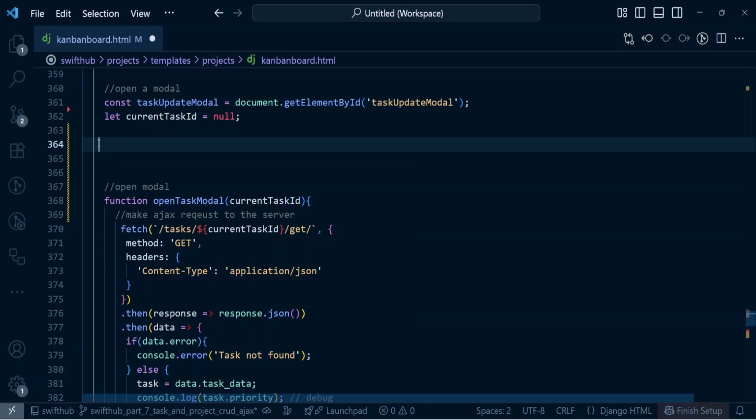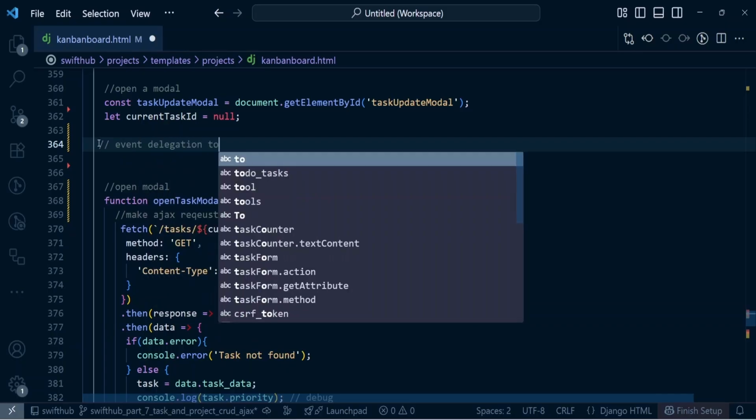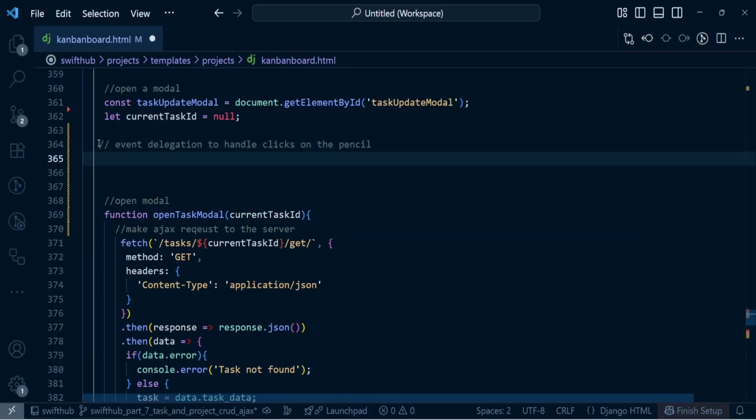All right, guys, so now we need to target the Kanban board. So I'm just going to make a comment and say event delegation to handle clicks on the pencil icon. Okay, so this is very descriptive, and now we need to target the board, and the way we are going to target the board is just going to be const, and I'm just going to give it a name, Kanban